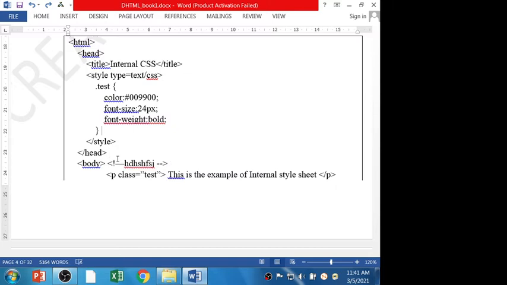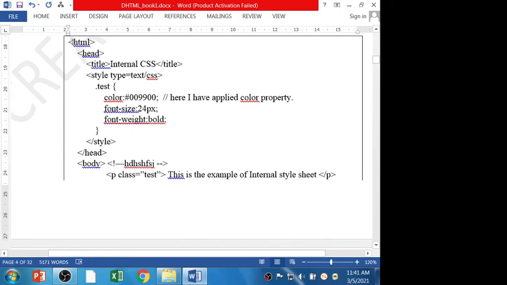But in CSS, if you want to add a comment, use double slash, so it's a single line comment. This will work. Clear? So let's see the example in HTML.